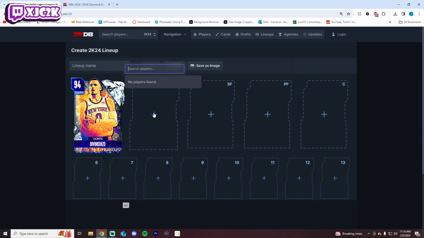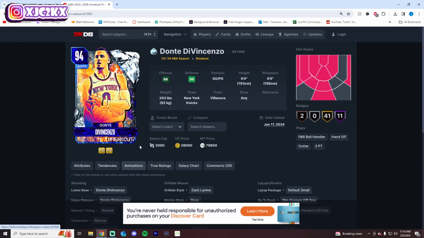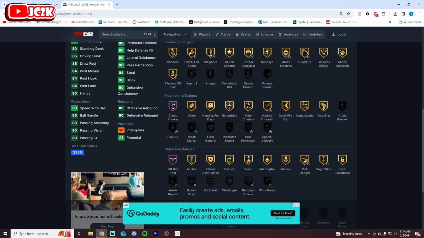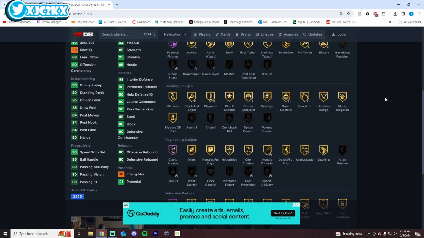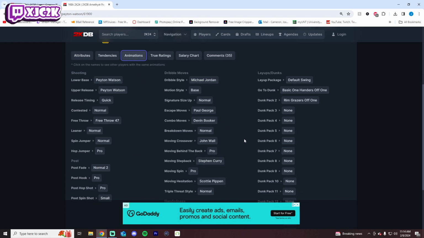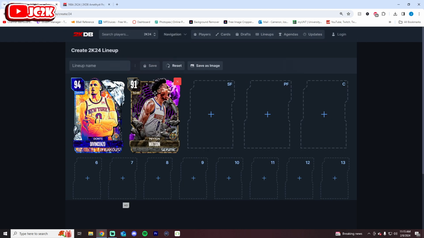Peyton Watson at the 2. Obviously, this card is a mainstay and will continue to be for a while in every single budget type lineup in the game. A legit top 6 or 7 shooting guard in the game with amazing animations all the way around, great stats and badges. Can defend at a high level, playmake at a high level, shoot at a high level, and slash at a high level with a very good release, MJ dribble style, Steph's drag back. Just great all around SIGs, animations, stats, and badges. He is one of the most complete and best budget cards in the entire game right now for 21K MT,